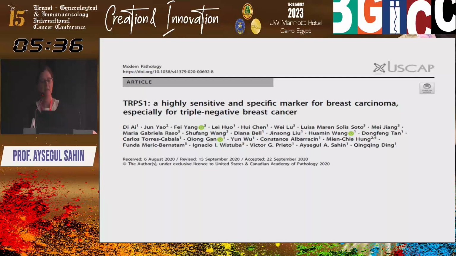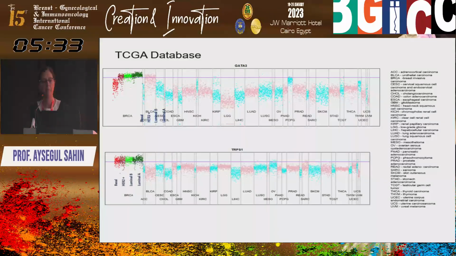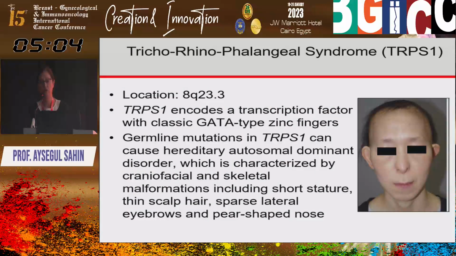It is the TRPS1 marker. We identified this marker through our TCGA database search, and then we were trying to find a breast-specific marker. And this is GATA3 compared to the messenger RNA expression in the TCGA. As you can see, the expression of GATA3 and TRPS1 is very similar to each other. TRPS1 stands for